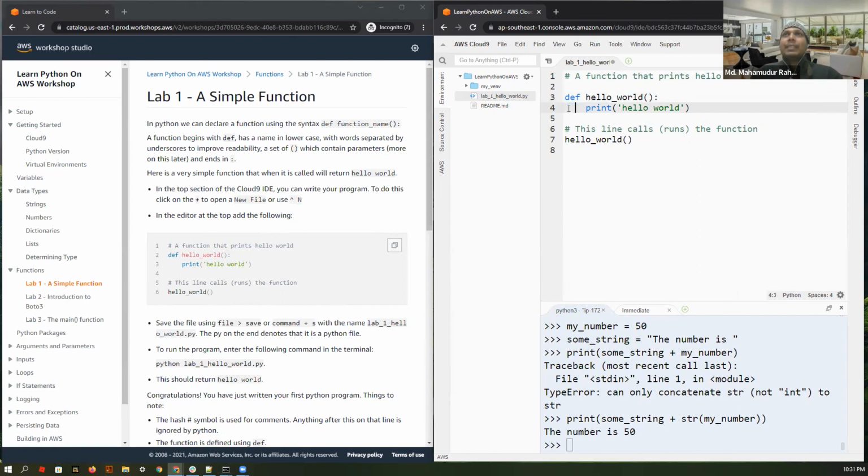This is 4 spaces or a tab spacing. Normally we will practice with the tab, otherwise Python is very strict about the indentation. This is called indent. So whatever comes after this function colon has to be properly indented, otherwise the Python interpreter